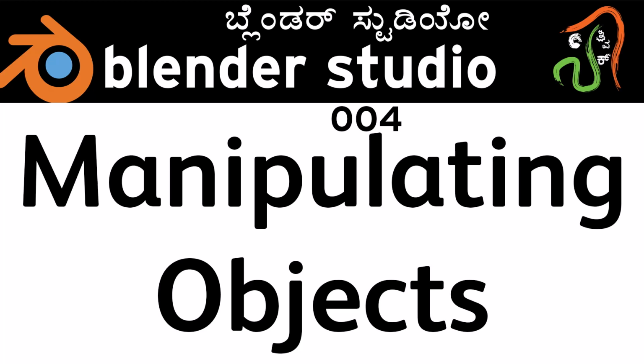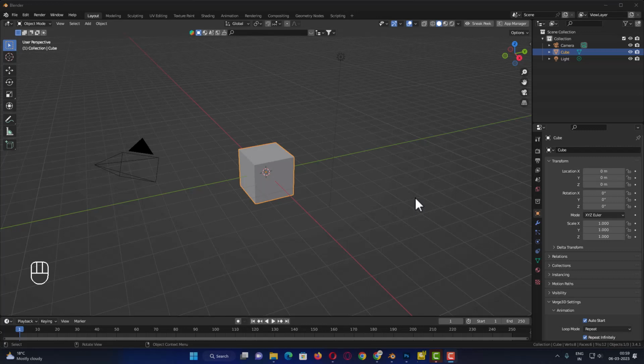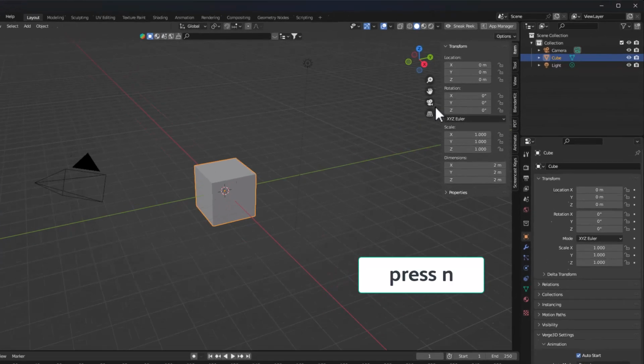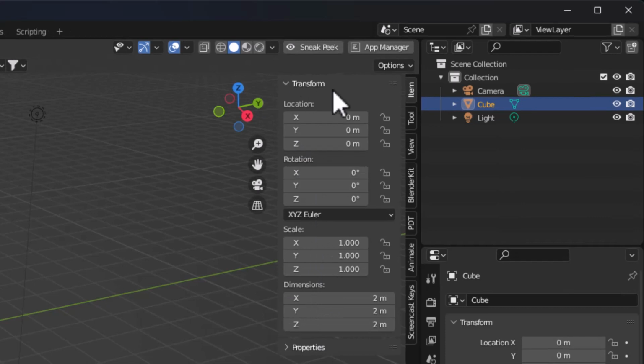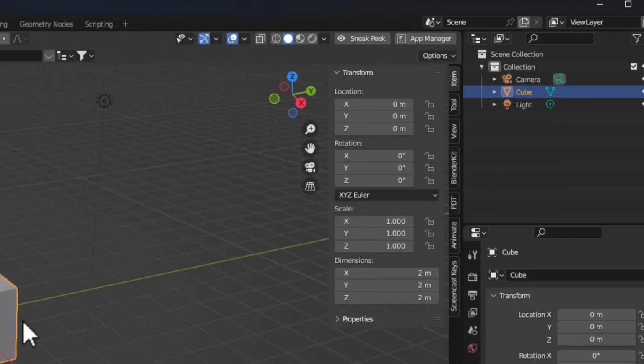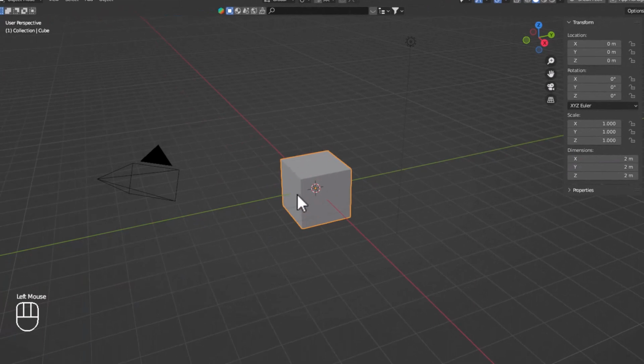Hello and welcome to this session on manipulating the objects. To start with, keep this right hand panel open by pressing the keyboard shortcut N. When we press N, you can see this transform window is open. Keep this open. Now, select the cube with left click and press G on your keyboard, and as you